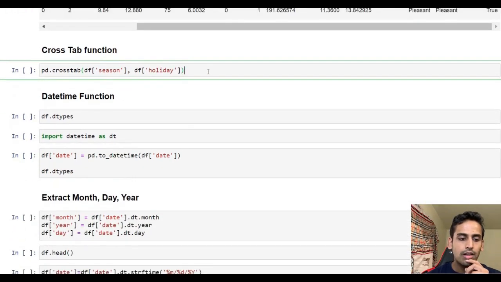Now the next one is the Crosstab function. The Crosstab function will tell you across different dimensions how many observations are present. So, for example, let's say we want to do it across season and holiday. In Pandas, we have a function called Crosstab, and we are passing two columns, the season column and the